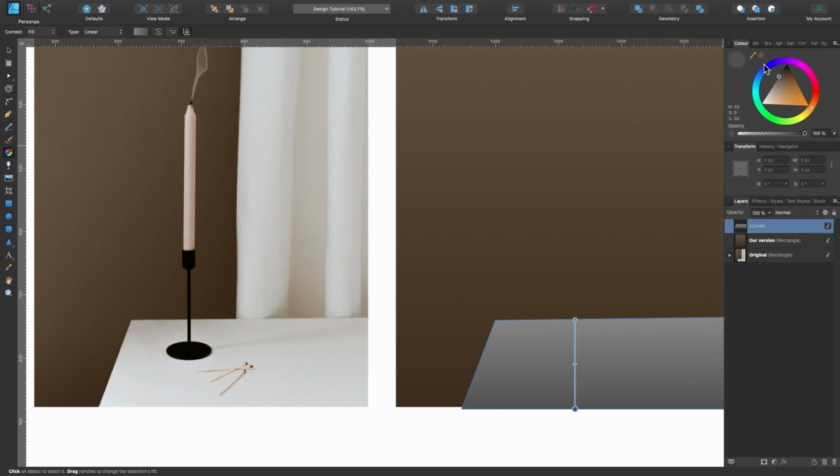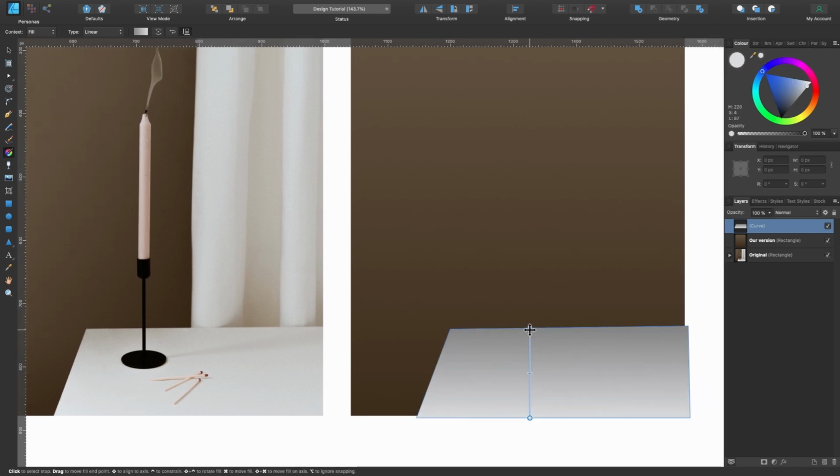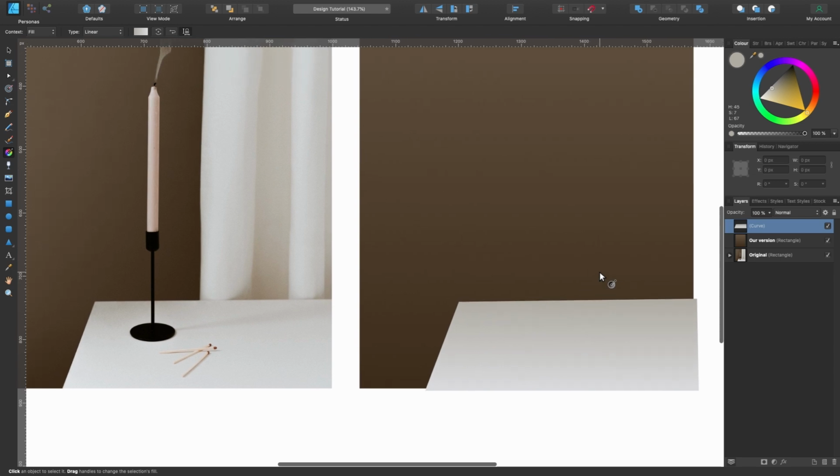So again, I'll click on the bottom one, color picker tool, select the lightest part at the bottom and click. And we'll do the same for the top again. Click on that. Choose somewhere, it's probably like that here. Bit darker there, and click, and we have our color.